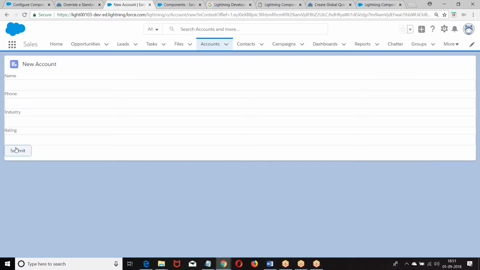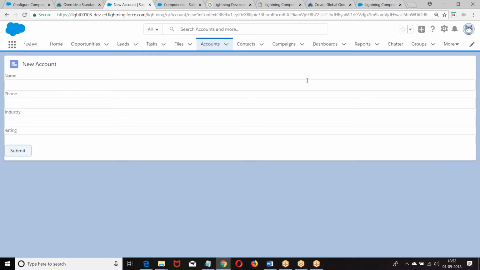We are overriding, and to override we are using a component, implementing an interface. If you want to refer to a record, we are going to use LDS, Lightning Data Service, go to the client side, verify, and the data will be inserted. We already did that in the previous example. Now, once you have done that, how do you navigate to that particular record?